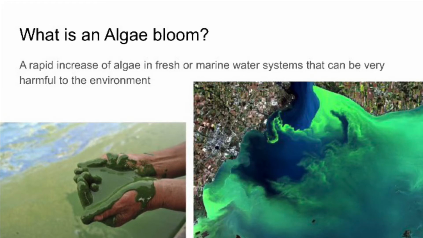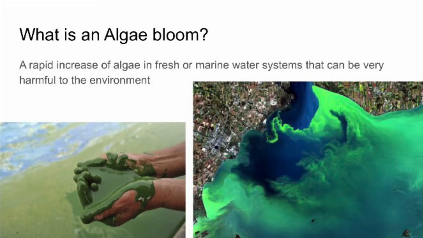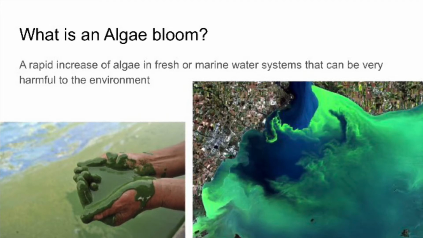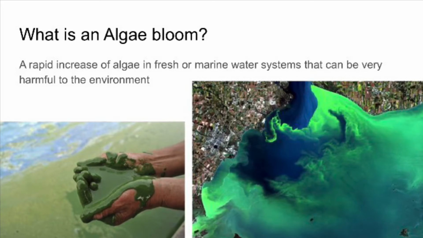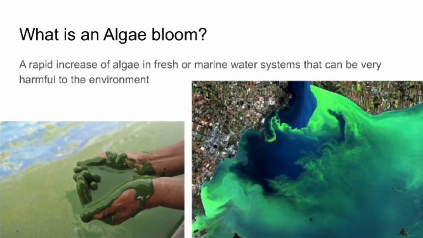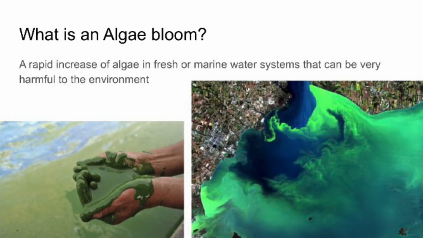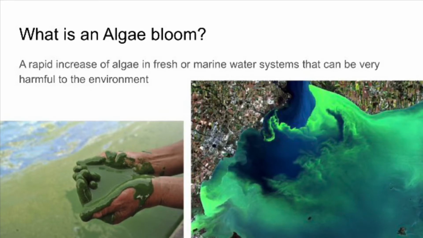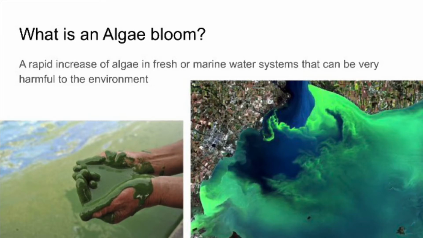And this is very harmful for animals and humans. And algae blooms can also release toxins that can be harmful or even cause death of animals and humans. And the process of algal blooms is it accumulates over time. So when a field in Indiana is being fertilized and washes into the Ohio,